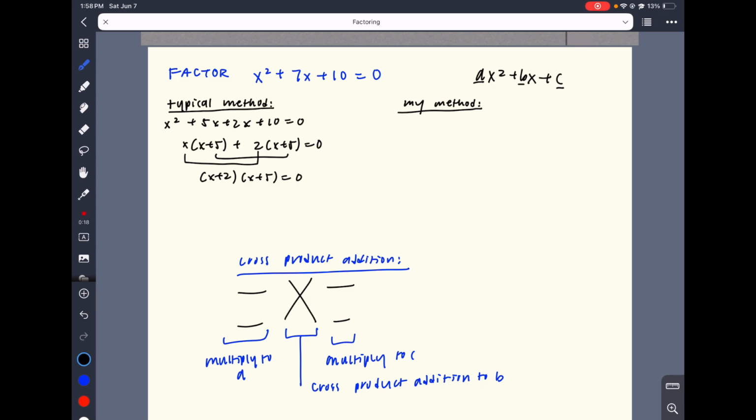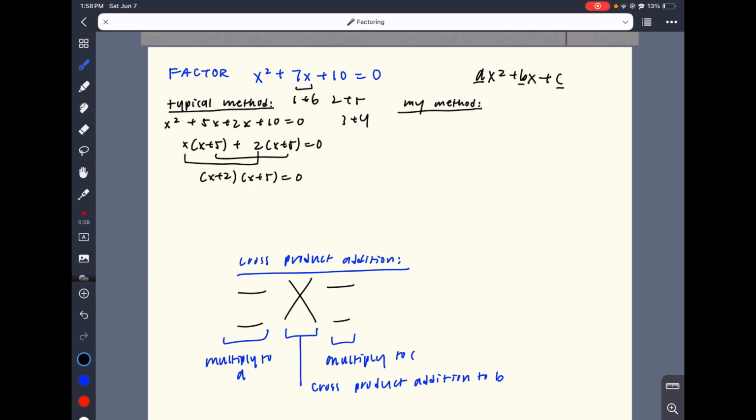A typical method people would use would be guessing and checking, kind of splitting up the 7x into 1 plus 6, 2 plus 5, 3 plus 4, and so on. And then they would ultimately end up with 5x plus 2x, and they would have to organize it in a way where x squared plus 5x factors into x times (x plus 5), and 2x plus 10 factors into 2 times (x plus 5), and you would combine them to get (x plus 2) times the quantity (x plus 5), which ultimately does get to the right answer, but this can be extremely difficult